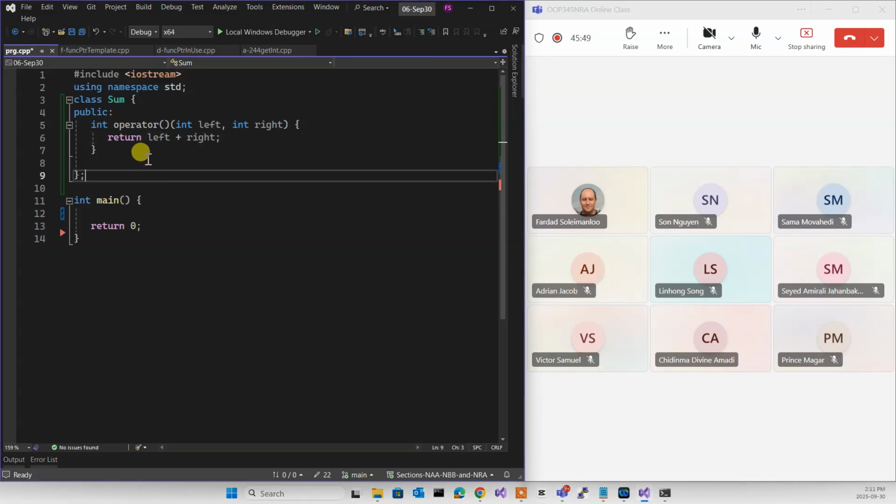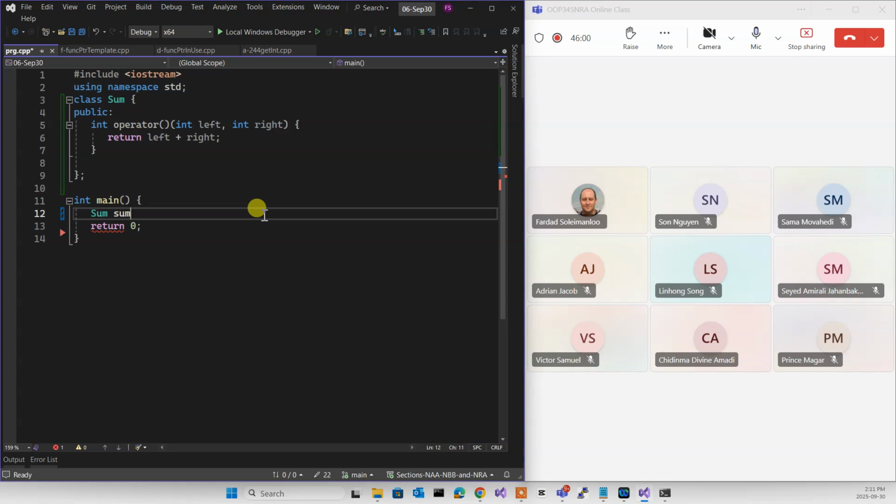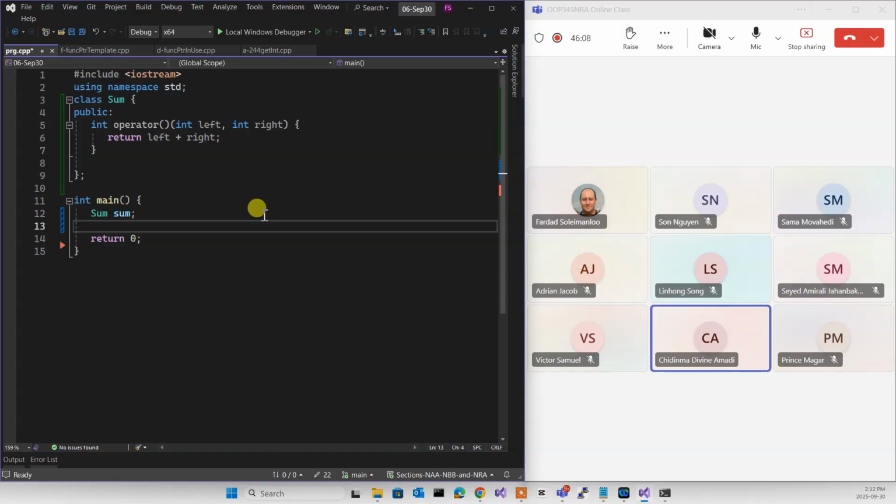Anyways, so now that I have this sum in here, if I want to use that function, I have to first instantiate sum. So I'm going to create a sum, and let's call it lowercase sum. So the lowercase sum is an instance of sum. Now I can say integer A and B, and